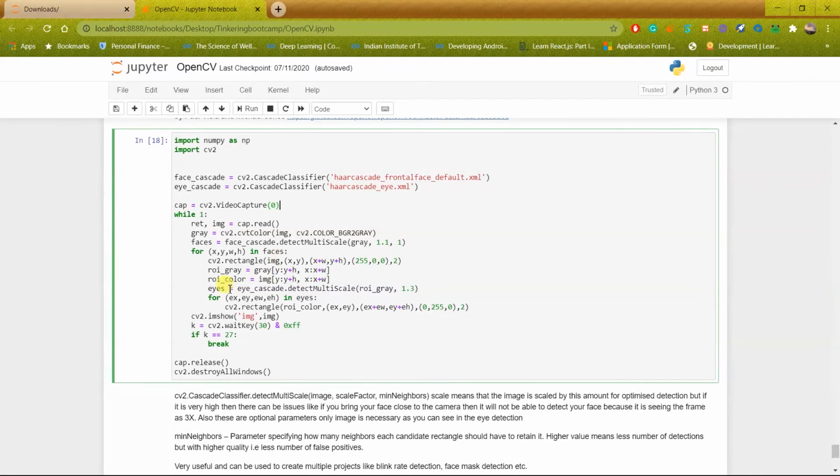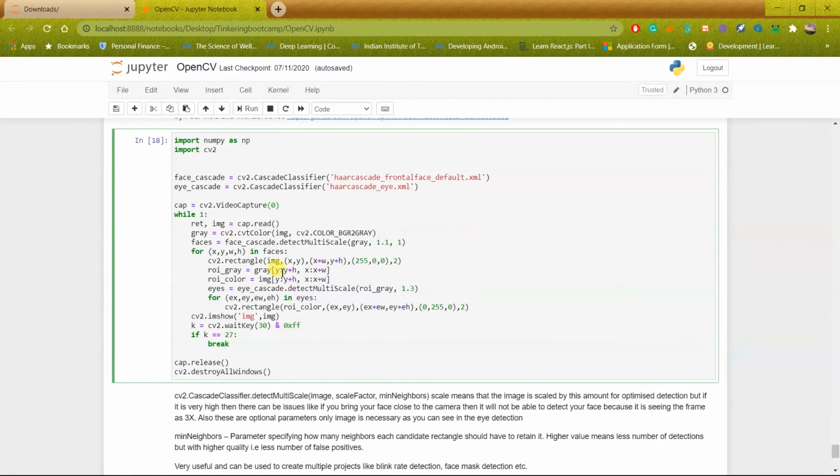Okay, so after that I'm specifying the ROI and creating a particular region of the image. As I know that eyes would only be located on the face itself, right? So why apply the eye detection on the whole image when I can do it more efficiently and more quickly by giving as input only the part of the image which contains my face, as I have already detected the face. So I will create the ROI, the region of interest, as the detected face using this simple syntax.